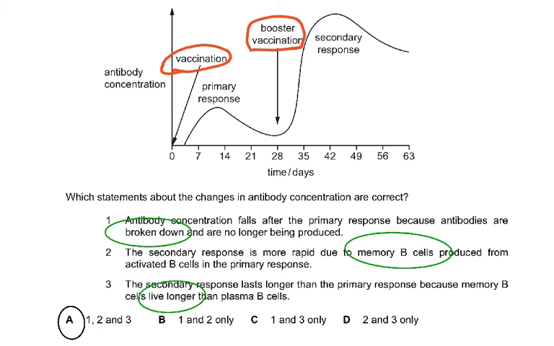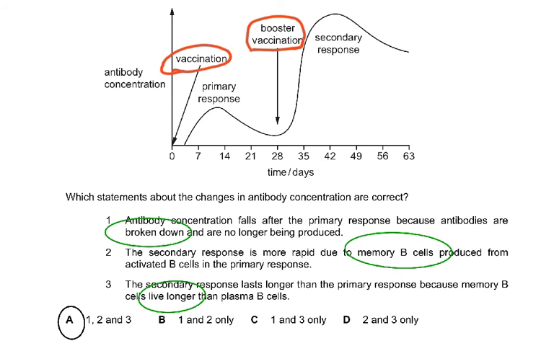Antibody concentration falls after the primary response because antibodies are broken down and are no longer being produced. Oh no, that's not the case. Now they are not making any more antibodies. It's actually the response has been shut down. The secondary response, so you have to understand, is antibody concentration falls after the primary response because antibodies are broken down and are no longer being produced. Yes, because